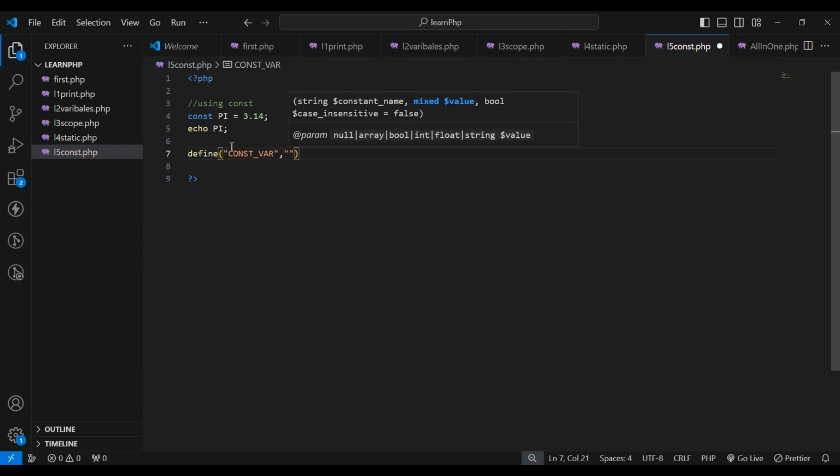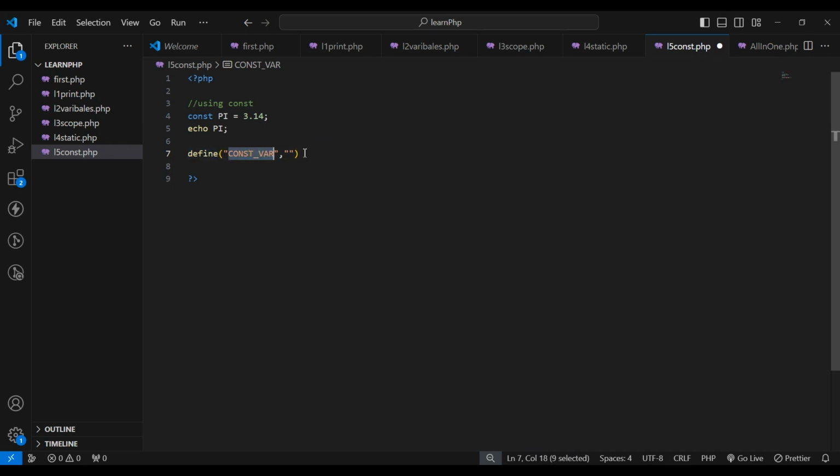Inside the define, first we have to give the name of the variable, then its value. There is a third parameter as well, which is for case insensitivity, but it is not mandatory. We can simply pass two parameters,